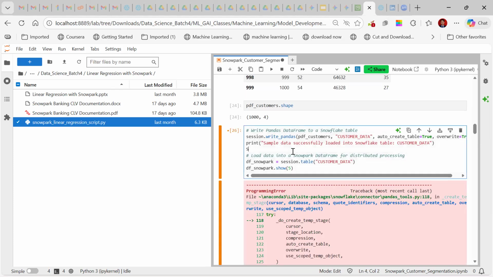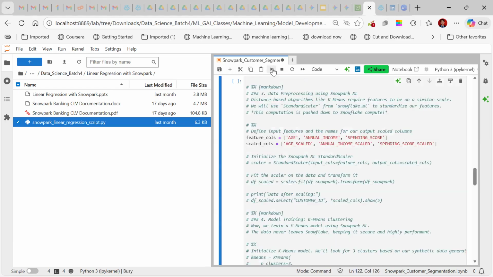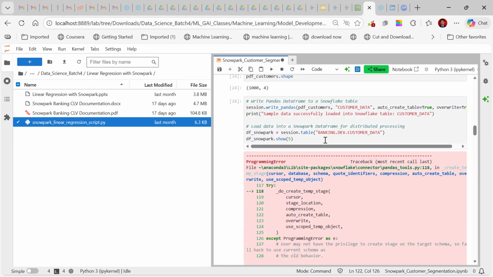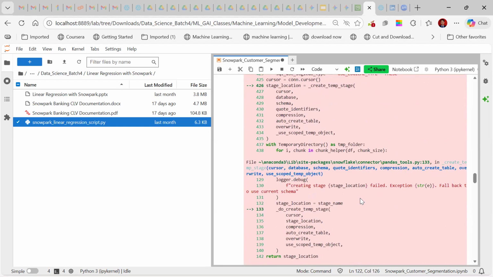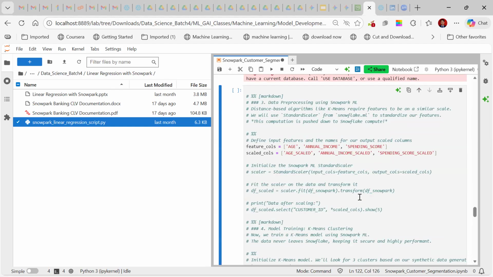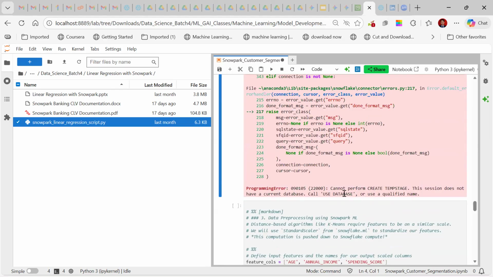Do we have to use the qualifier also, or what? Like this. Is it expecting like this, or what? I think so. Let us see. I think it is working now. No, not missing method. Use database.